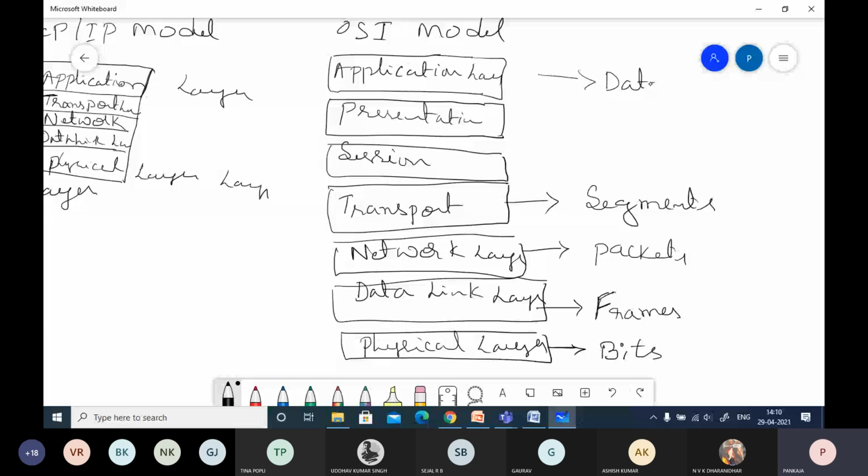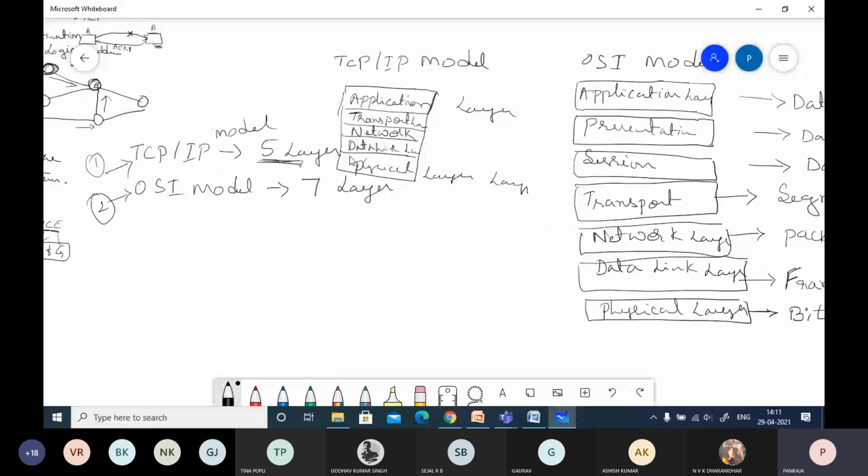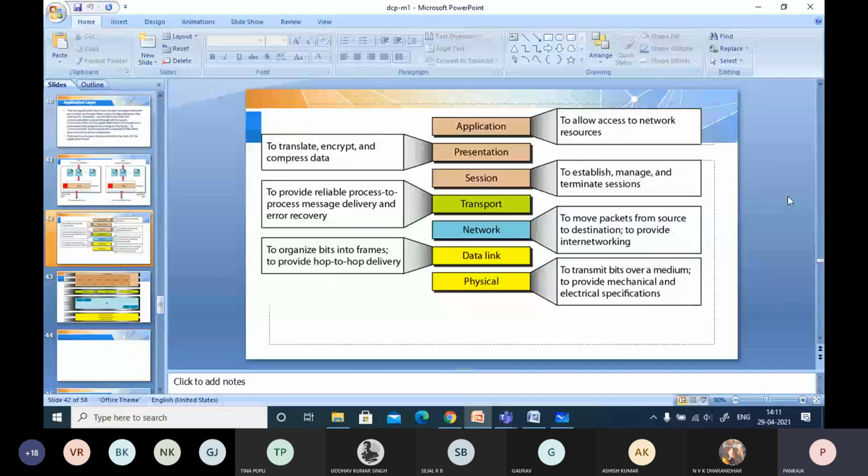This is the layers and the representation of data in each layer. Just try to remember these, and also the important responsibility of each layer. In the textbook they have given the TCP/IP model, so go through each layer and try to understand how it works and what its responsibilities are. You can observe this summarizes the main responsibility of each layer.